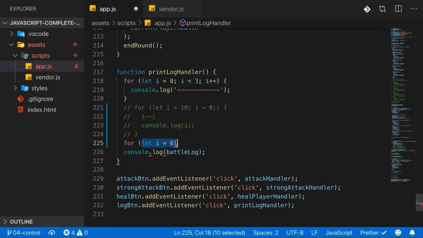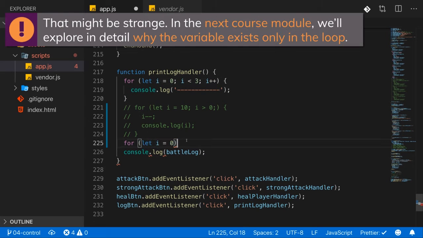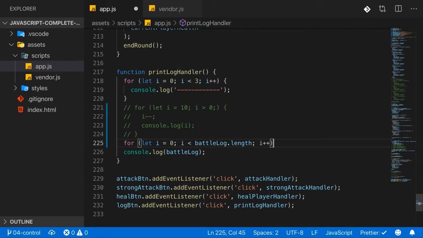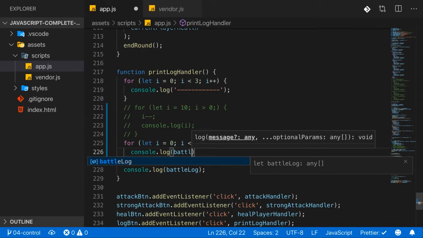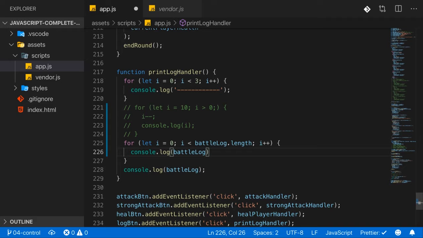And here we can reuse I because it really only exists for that loop. So not even for the entire function, but only for that loop here. So we can reuse it in another loop. That is possible. And then here we can go all the way up to the length of our battle log array, increment I, and then here we could console log battle log, and then you learned that you can dynamically